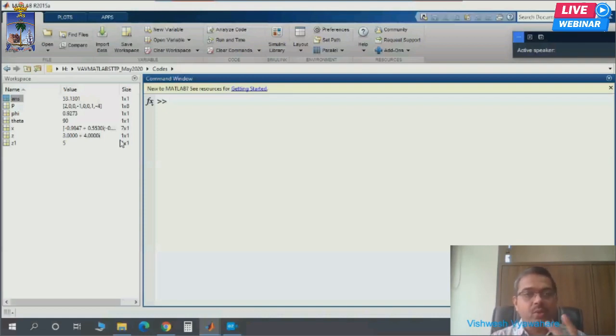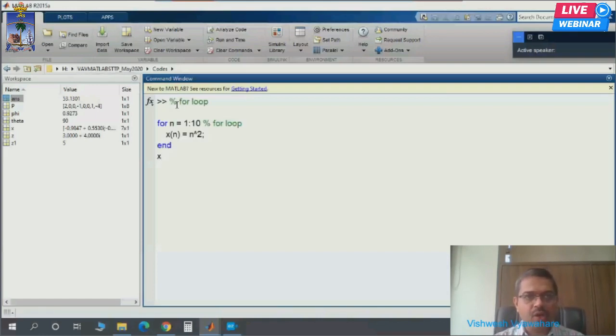They come up with 2 versions every year. For the first 6 months they have release 1, and for the second half they have release 2. Like in 2020, till June they had MATLAB release 2021, and from June to December they will come up with MATLAB release 2022. They are release A or B. You can see I am using MATLAB release 2015A, so this is an old version.